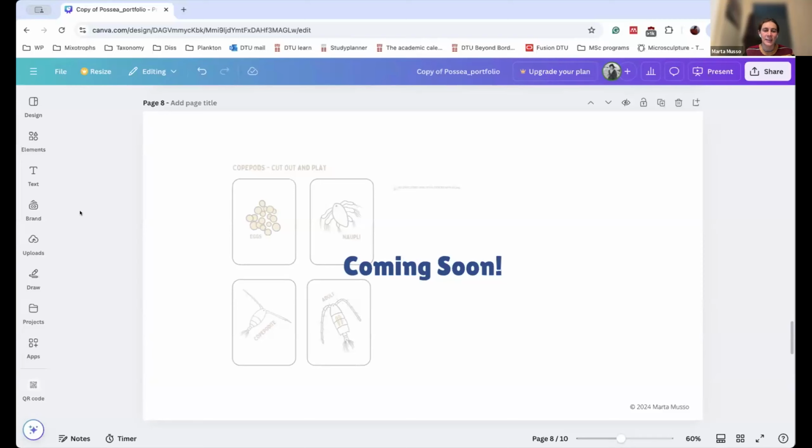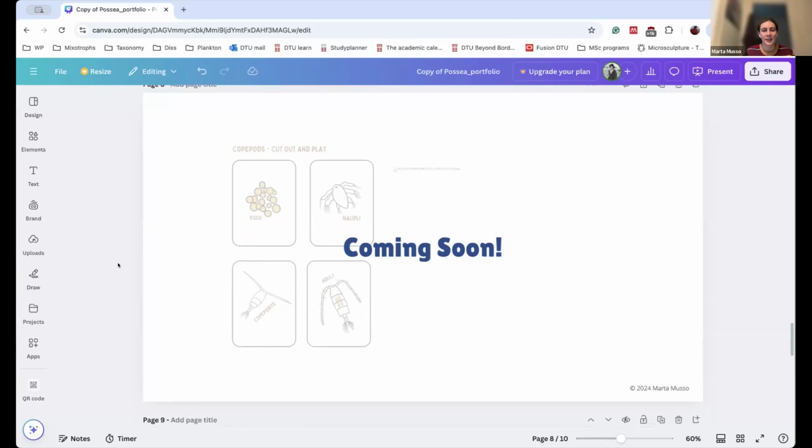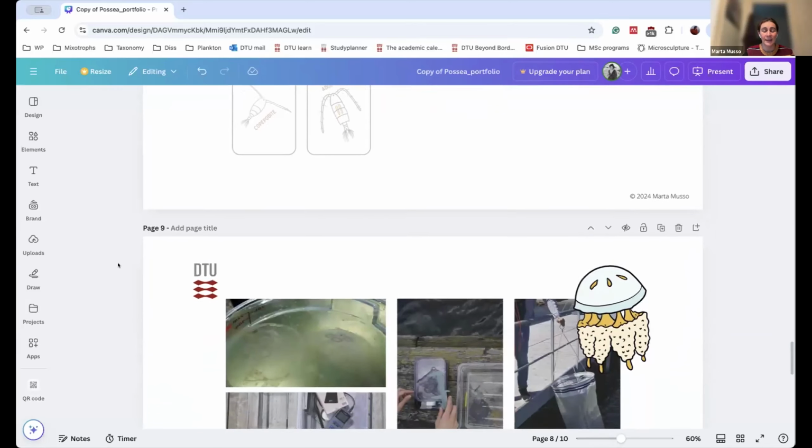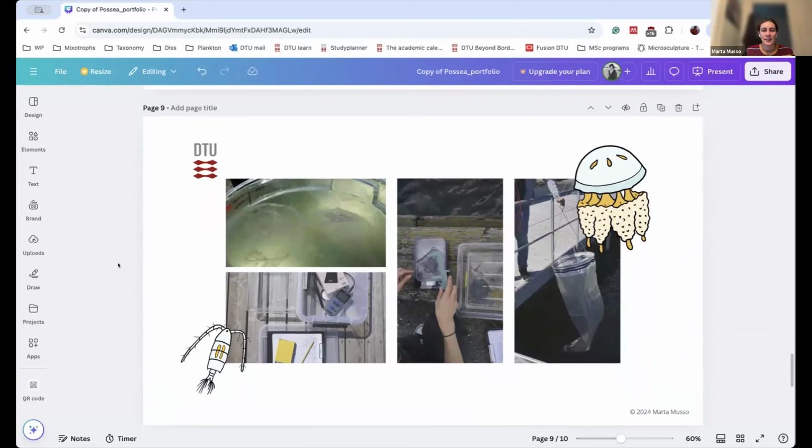It's a card game together with plankton and climate change, so trying to understand the impact of climate change on these tiny organisms and the cascade effect it can have on all the food web. And yeah, so very excited to also work on this now and soon finishing it. And to kind of close up the whole thing, back in research, I am working on jellyfish distribution and plankton diversity and distribution,